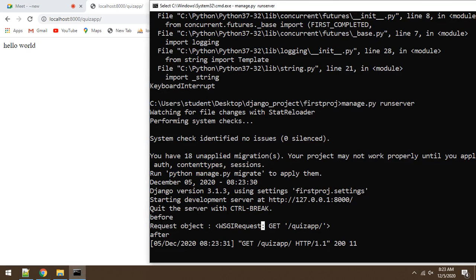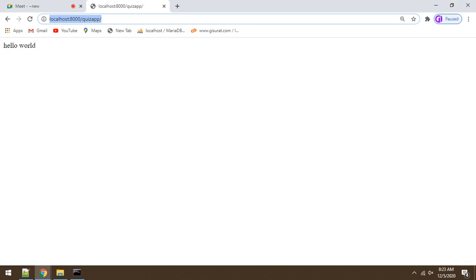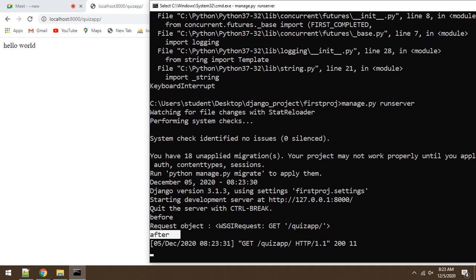Okay, now just check. So this is the output, guys. This is the before message, this is the output, saying that it works for a GET request and a request named quiz app, and then after. So in short, the request we had, just check. Okay, this is the server's address, just ignore that. This is the server's address, but this request of mine,